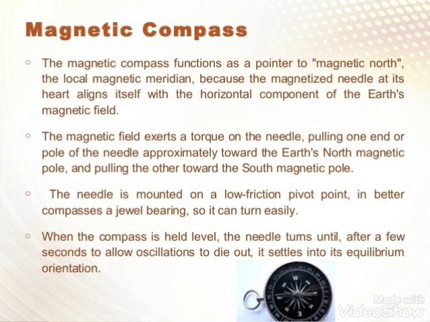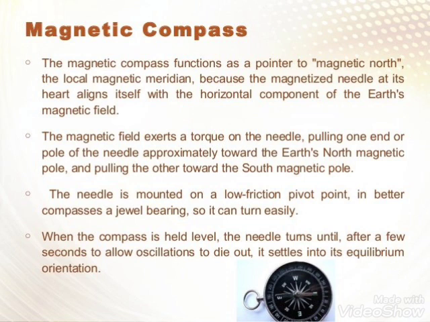Without using these complicated words, you should be able to understand that a magnetic compass consists of a small bar magnet and a needle enclosed in it, which always points towards the north-south direction, and it is of great use for travelers and navigators, because it tells them the direction in which they are traveling, where they are going, in which direction they are moving.